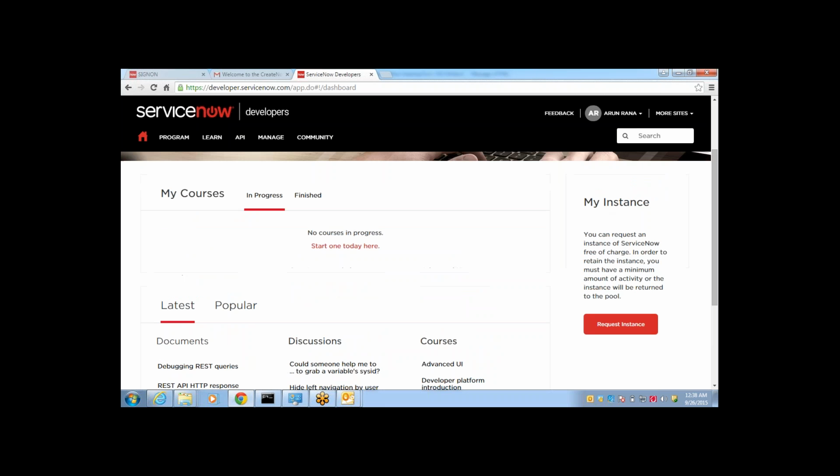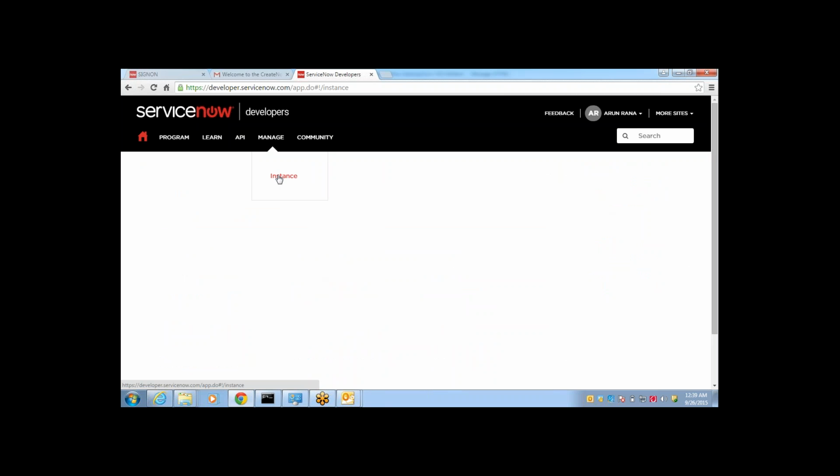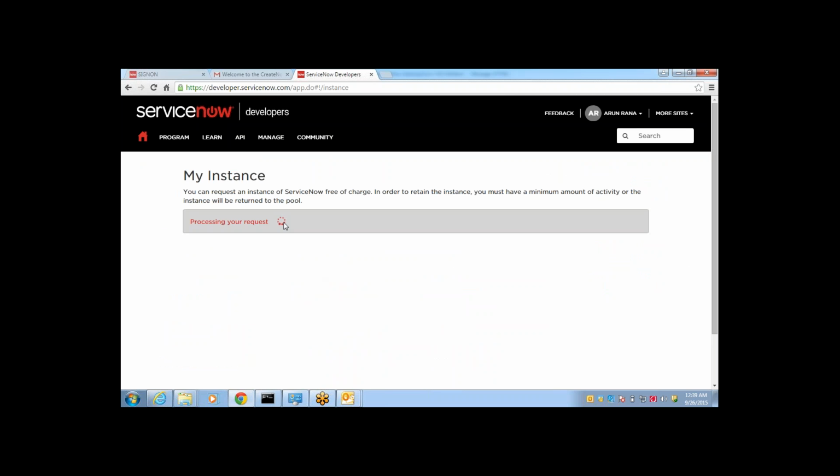So Venkat, are you still trying for reset password? Okay, fine. So everyone in the same page, I guess. Arun, can you click on manage option at the top? Yeah, click on instance. Everyone do the same. Manage and then instance. So now here is a request instance. Click on request instance. This is one-time creation only.